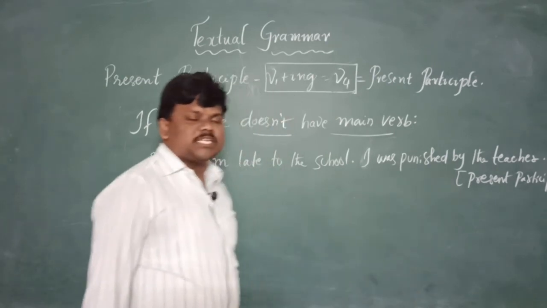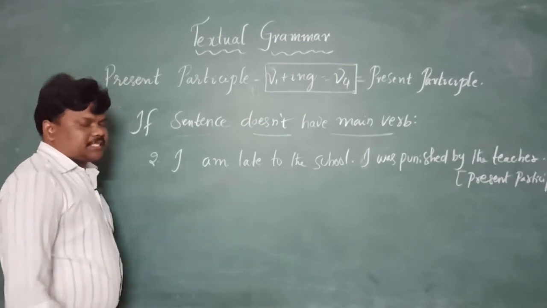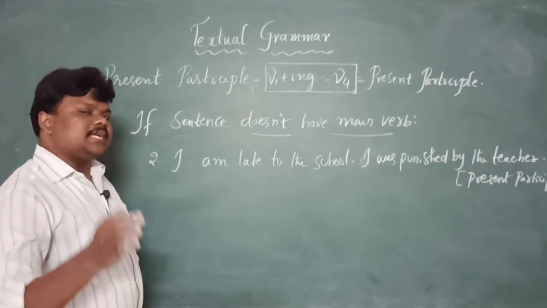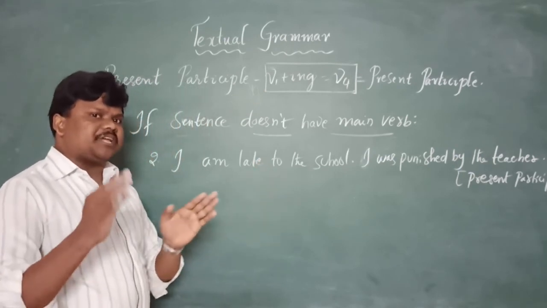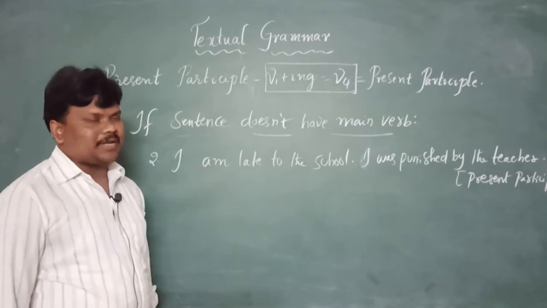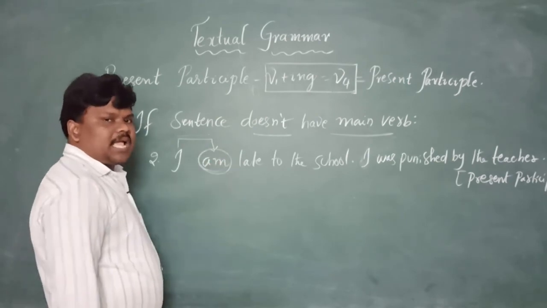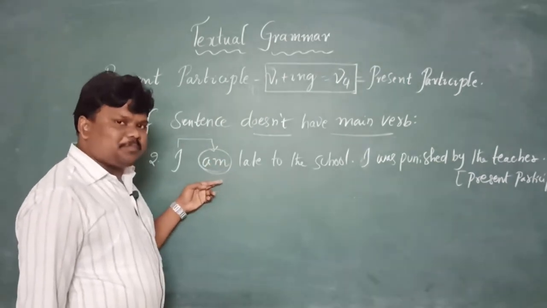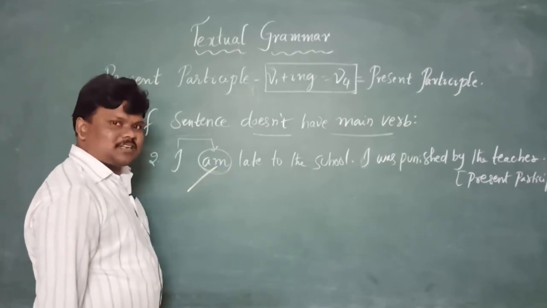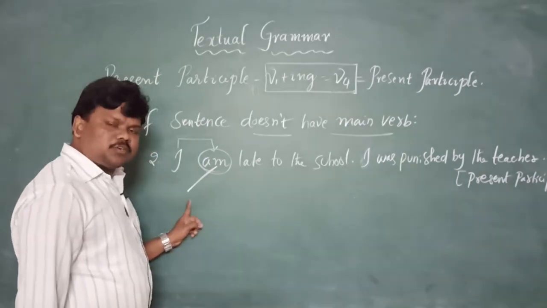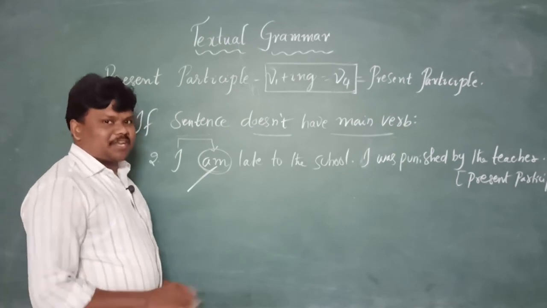We need to combine the two sentences with present participle. Well, the first sentence is very important. Either the grammar is relative pronoun or participles, the first sentence is the clue. See, after the subject there is no main verb, as it is a be form. Am, is, are are called be forms, so we must start our answer with aming, right? Do you think aming? Is it possible to write our answer with aming? What might be the answer? Think. Being. Very good, high five.